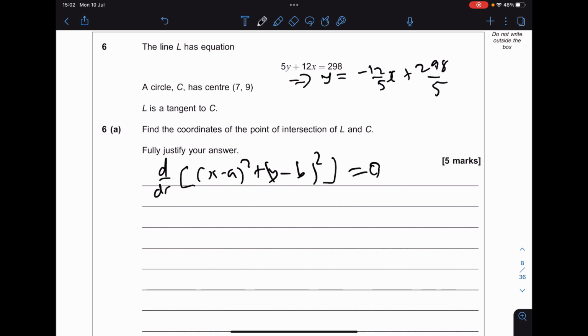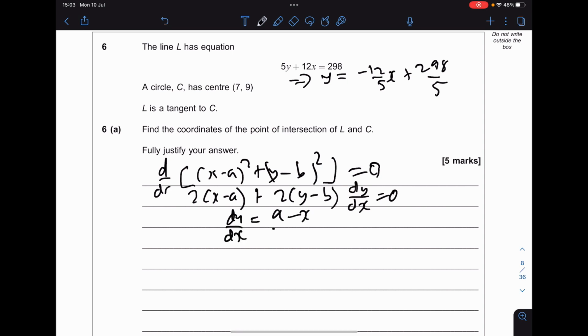That's what we need to find here, don't we? So we've got 2 times x minus a plus 2 times y minus b times dy by dx equals 0. So the gradient function is a minus x over y minus b,